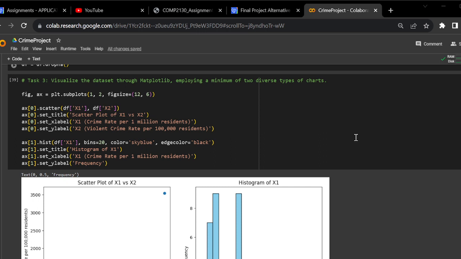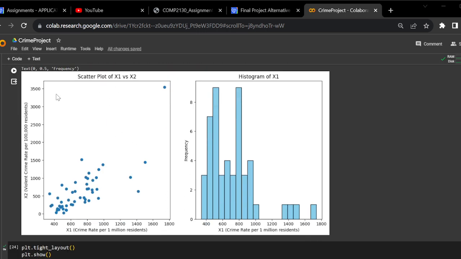So that's my first subplot. Here's the scatter plot, and this illustrates the correlation between x1, which is the crime rate per 1 million or 100,000 residents, I think it's 1 million residents,